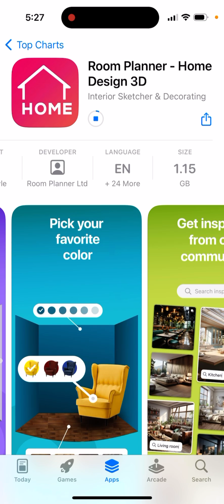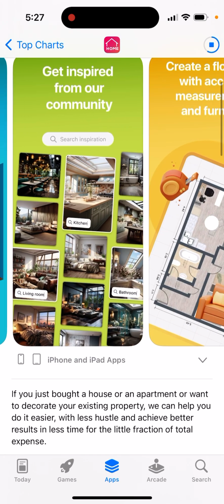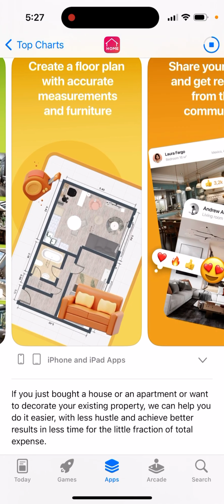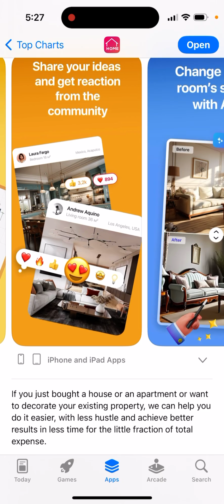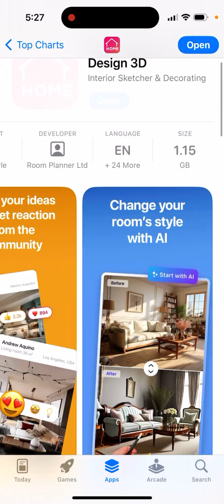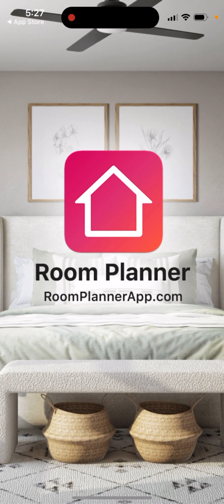Yeah, so that's the app. It's quite large though, so you need to know that the app size is 1.15 gigabytes, not megabytes. So it's quite a large app, and then yeah, you can just play with it, create a floor plan, share your ideas and get reaction, change your room style with AI, and then yeah, you can just